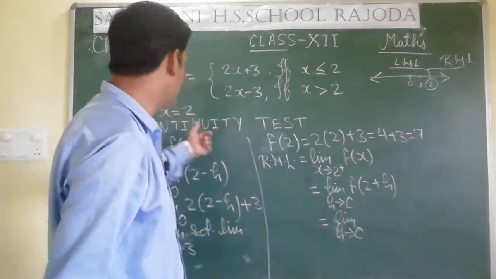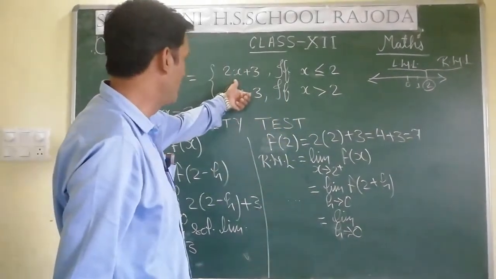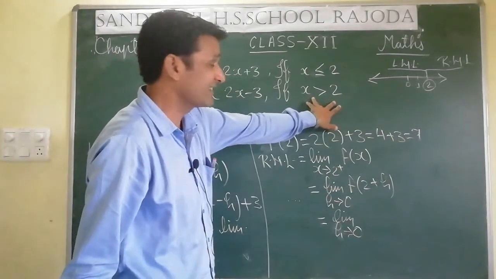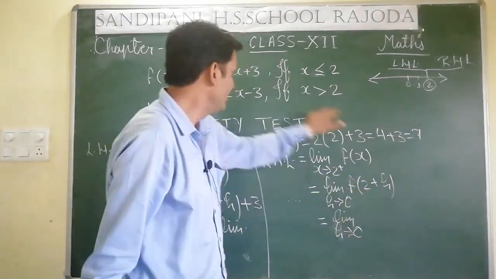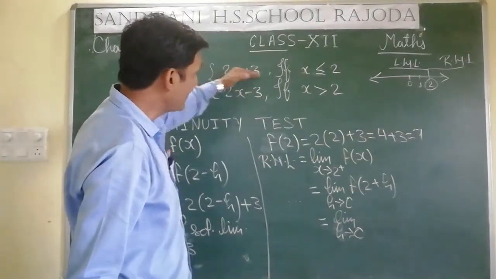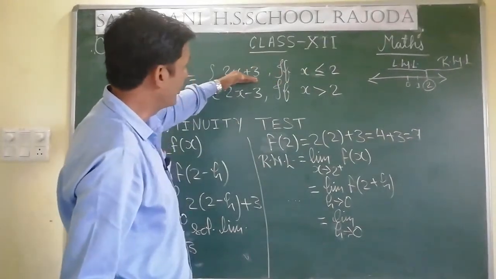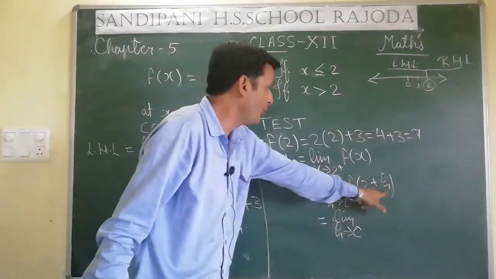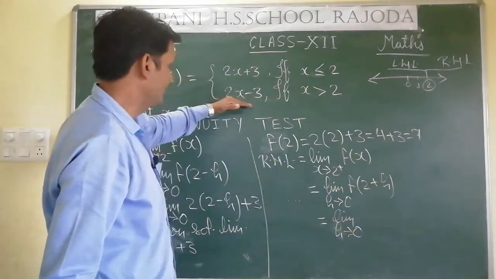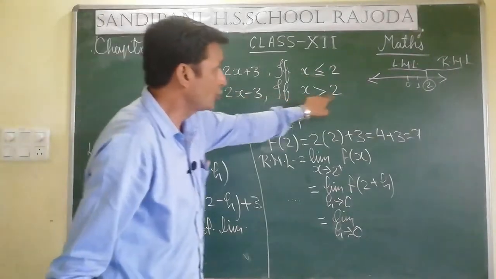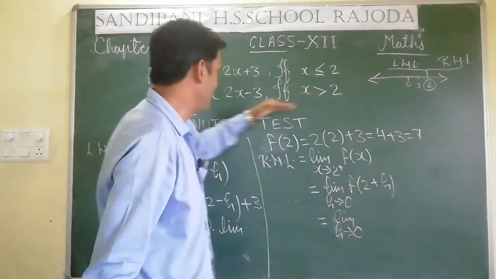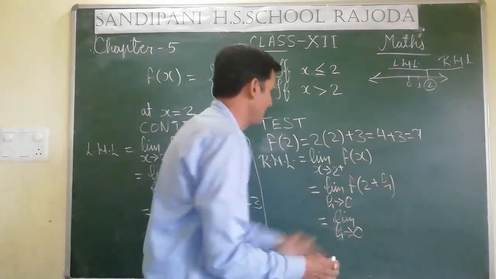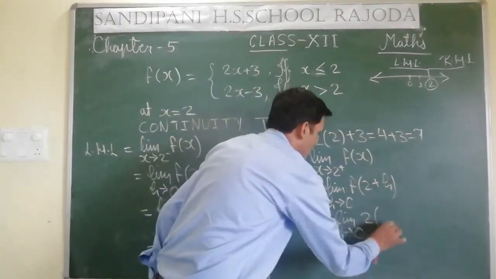In place of x we have to put 2 plus h now in this function, because x is greater than 2. Here it is right hand limit. So up to left hand limit and up to equal to 2 also we have to put the function's value in this manner. Now at 2 plus h we have to find. So for 2 plus it is right hand limit, so we have to put in this function in place of x 2 plus h. So 2 into 2 plus h